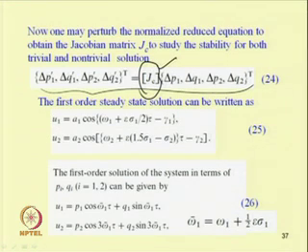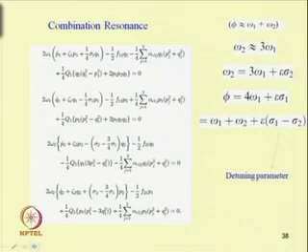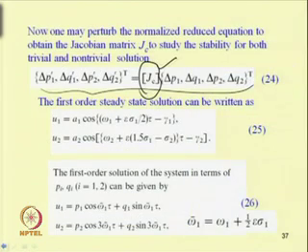After finding the Jacobian matrix, for the steady state response one can find the response by solving the equations. After getting the response, then one can study its stability, and the first order